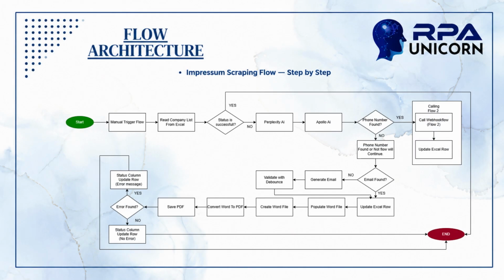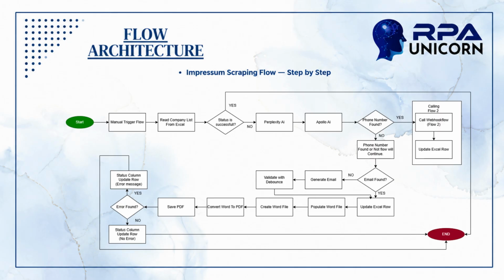I'm excited to walk through our flow architecture, specifically focusing on the Impressum scraping flow. This step-by-step automated system is designed to streamline how we extract, validate, and process company data. As you can see from the diagram, the workflow initiates with a manual trigger that reads our company list directly